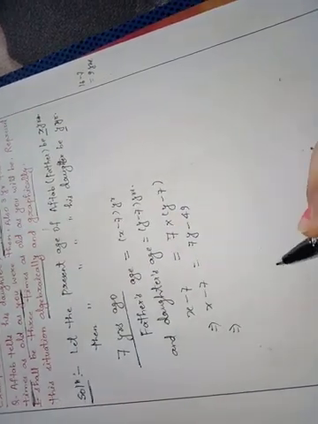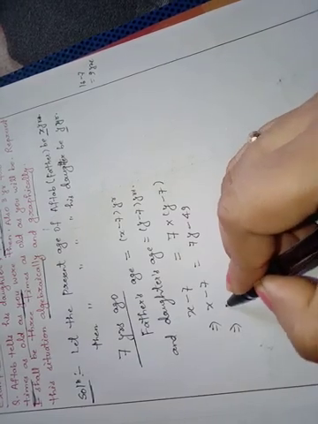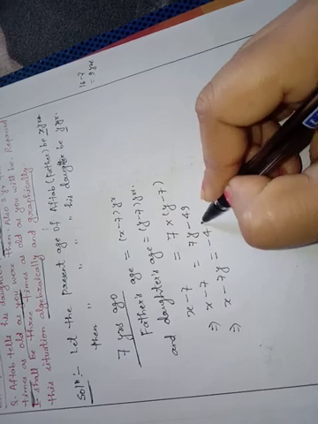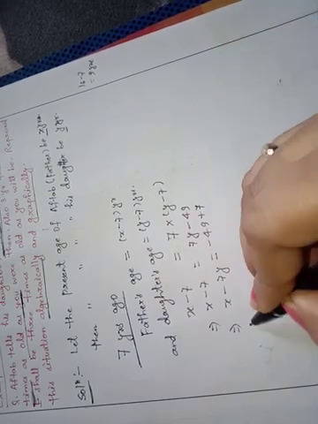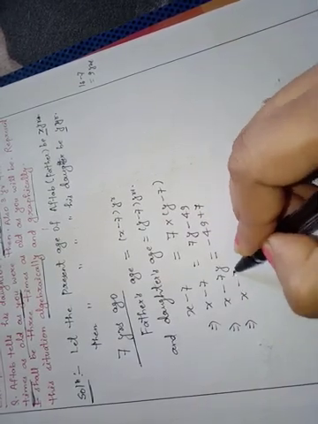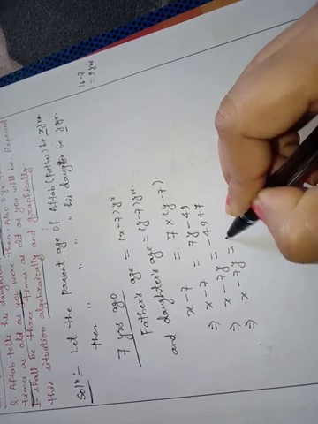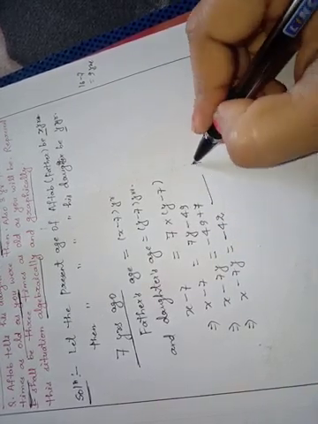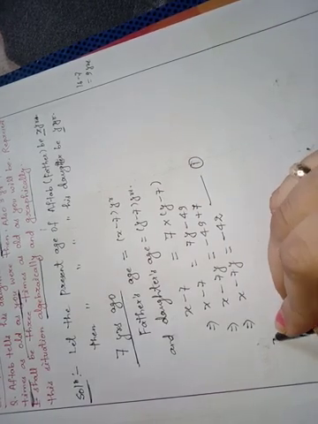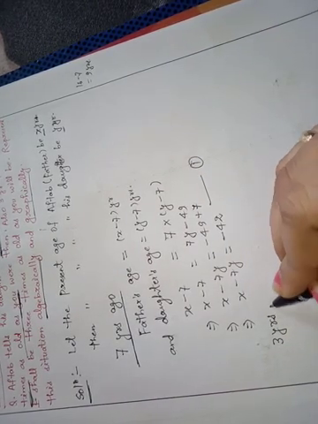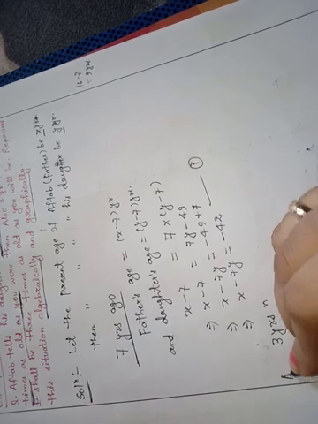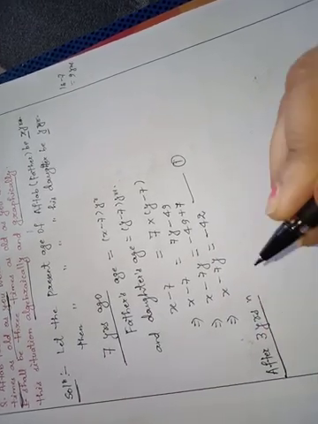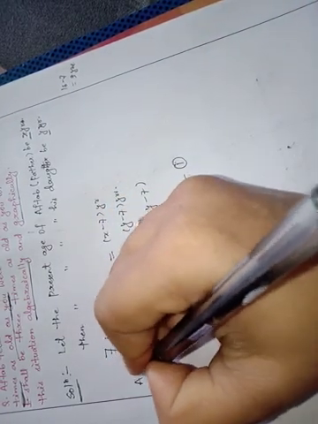So we will write the variable part on the left hand side. X minus 7y equals minus 49 plus 7. This equals x minus 7y equals minus 42. Equation number 1. Now the second situation is 3 years after, after 3 years. This is the second situation.